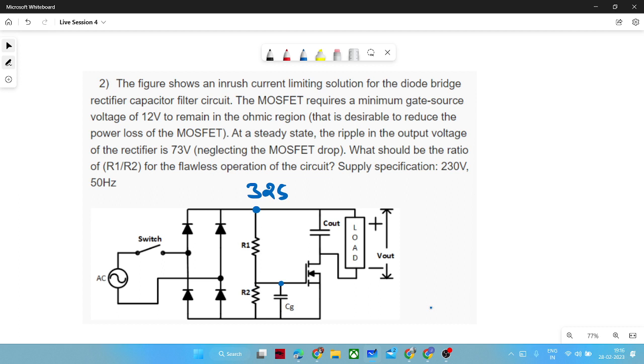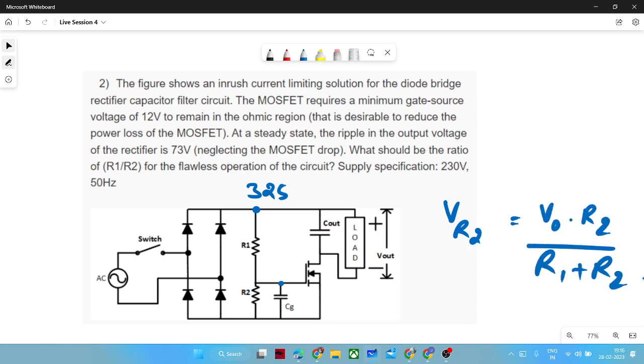R1 by R2. Let us assume VR2 is equal to V naught into R2 divided by R1 plus R2. That is the voltage division rule. And by this formula, if you take this in the numerator,